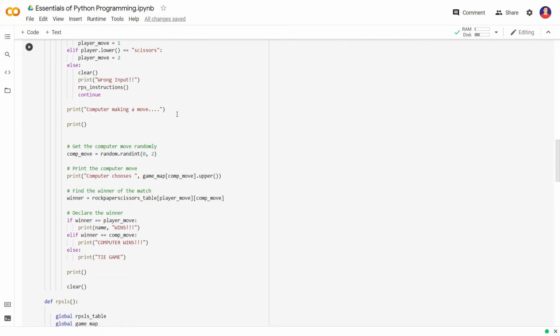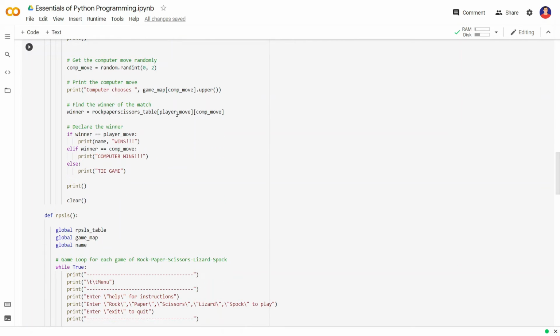So therefore we are creating another variable called winner, which will give us the rock paper scissors table function with the two arguments, that is player move and computer move. Now if winner is equal to player move, player wins; or computer move, computer wins; or else it's a tie